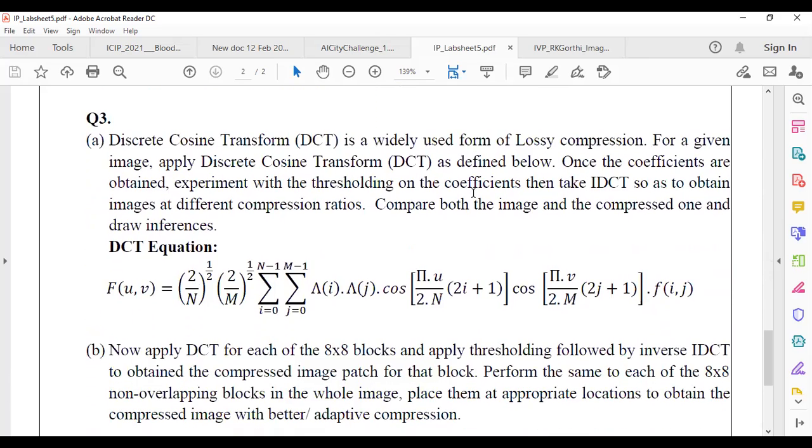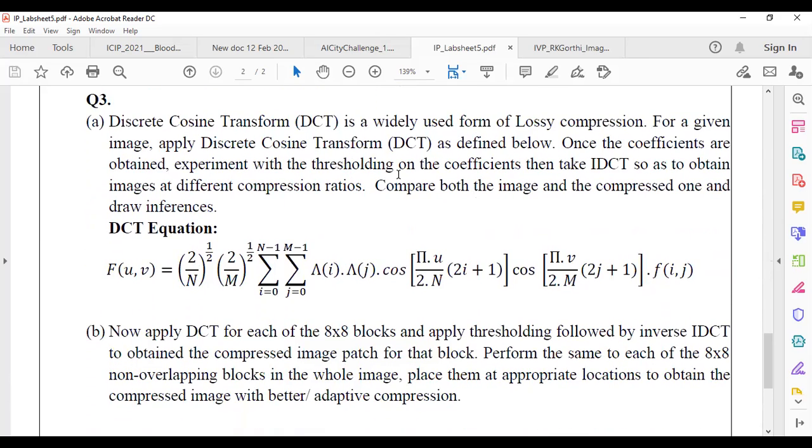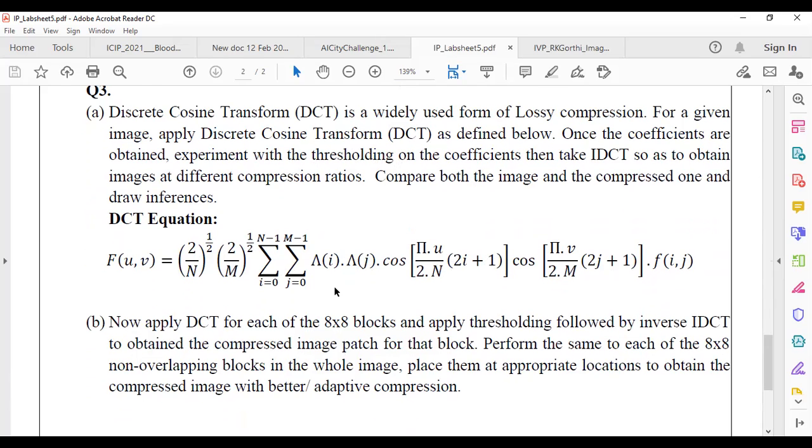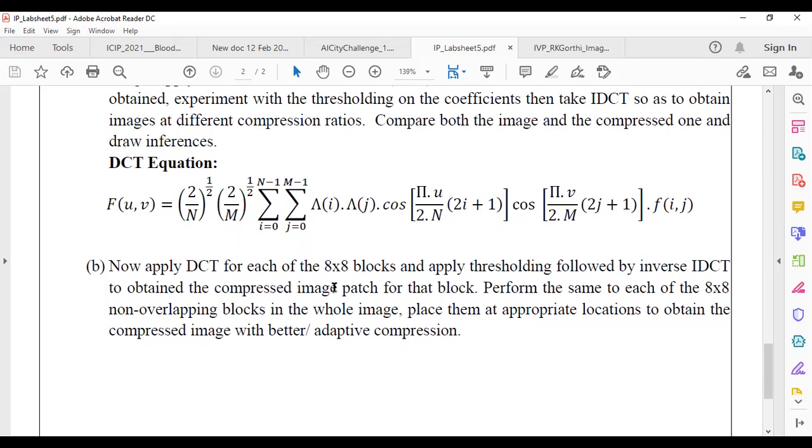As I said, you can apply a discrete Fourier transform or discrete cosine transform for image compression. You apply the discrete cosine transform to the original image. After that you set the coefficients which are less than a threshold to 0 and take the inverse cosine transform. You should see almost the same image as the original with a much lesser number of non-zero coefficients after thresholding in the cosine domain.